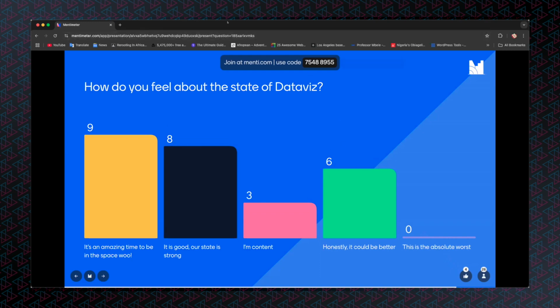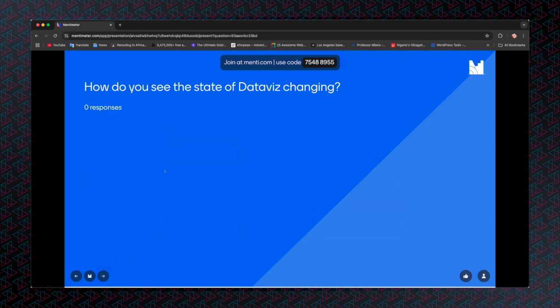We feel hopeful. Awesome. Okay, last question now then. How do you see the state of data viz changing? This is an open-ended question for us to just see different comments and responses there. What do you think has changed? What needs to change? And changes, again, it's about getting better, getting worse. So anything that you want to blast on there is a closing part of this session.